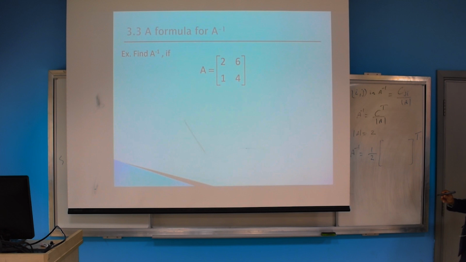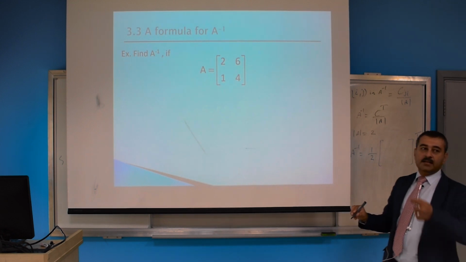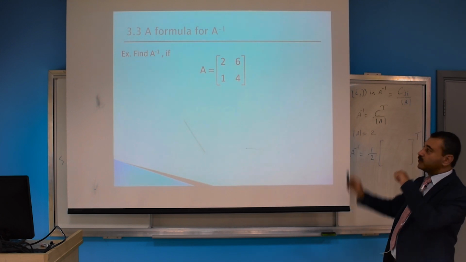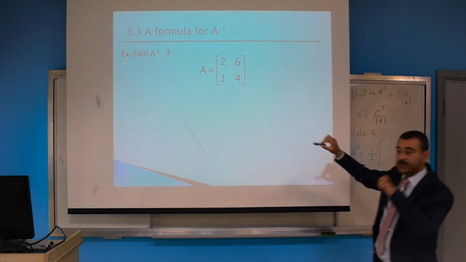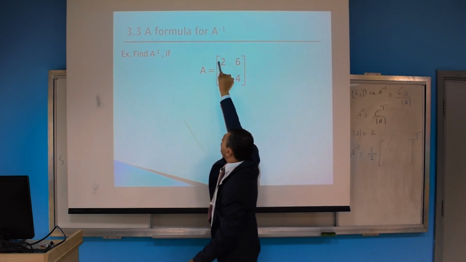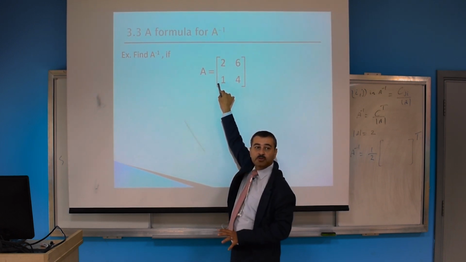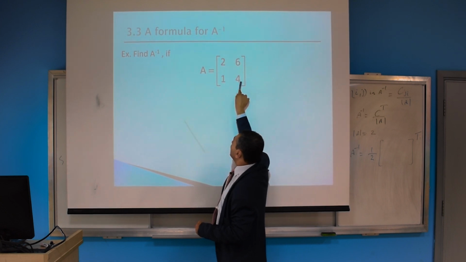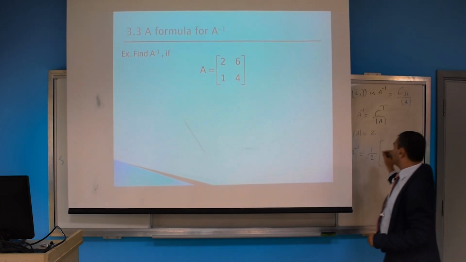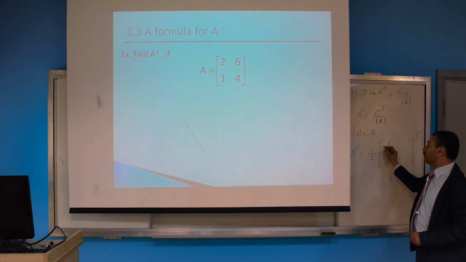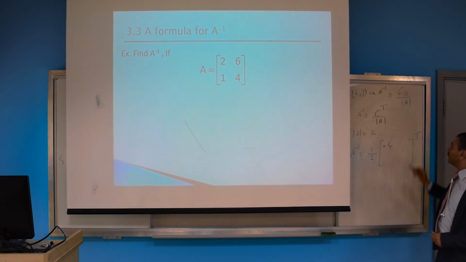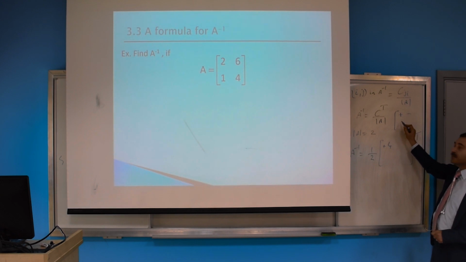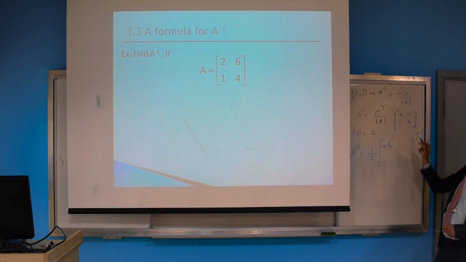What is the cofactor? Replace each entry by the corresponding cofactor. Cover the row and column of each entry and then write down the remaining minor determinant and apply the sign rule. So here I'm going to write 4, positive or negative 4? Positive. Don't forget the rule of sign. It would start with positive, then negative, negative, positive. Okay?